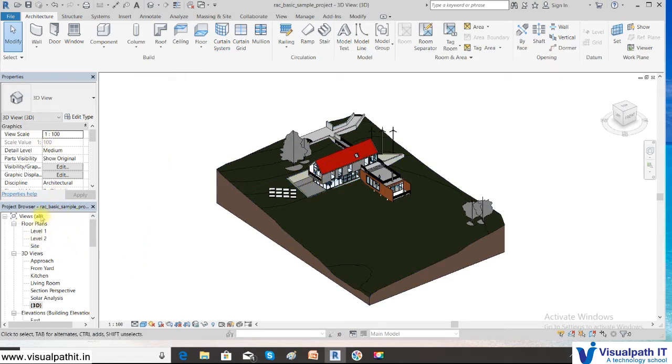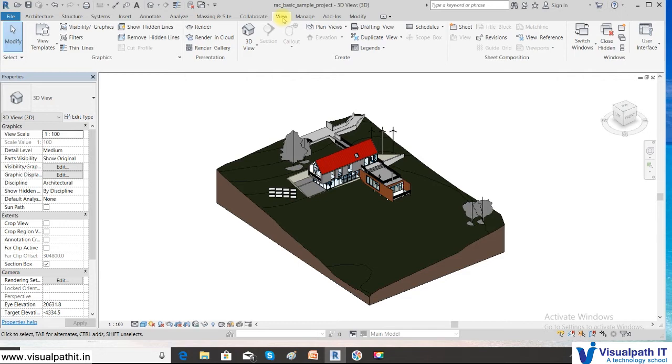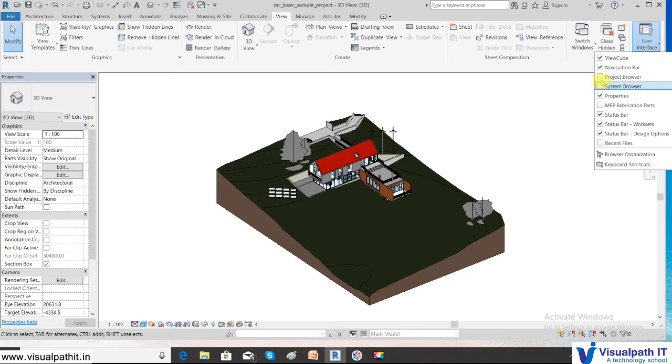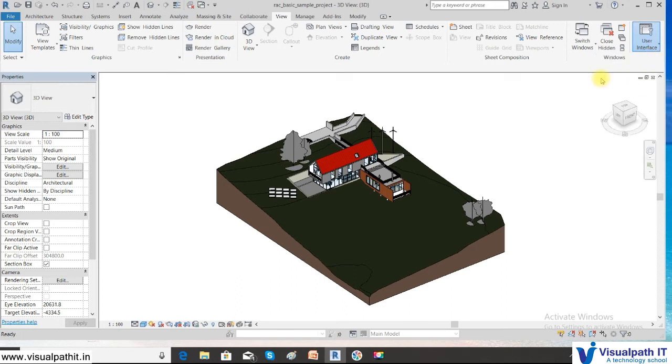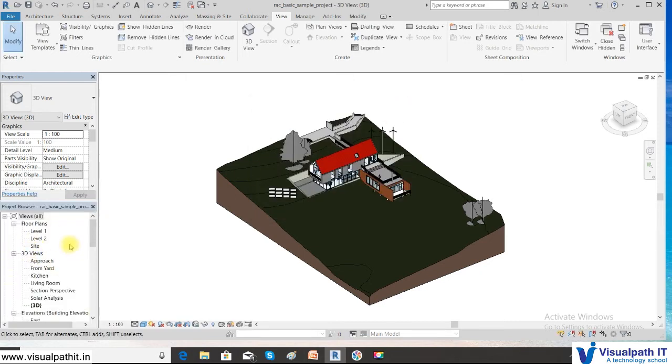If I close it, I will not be able to see the project browser. In order to get it back, you have to go to the View menu, User Interface, and switch on the project browser.